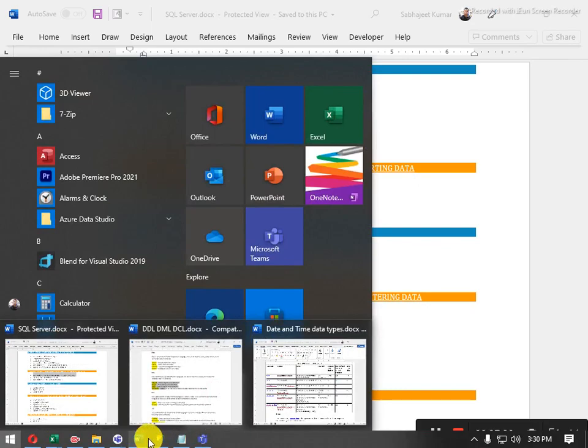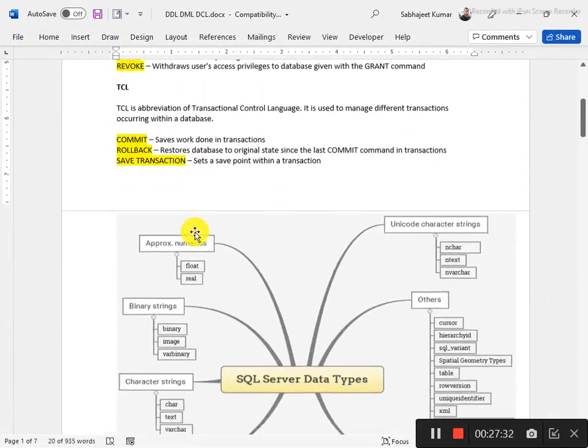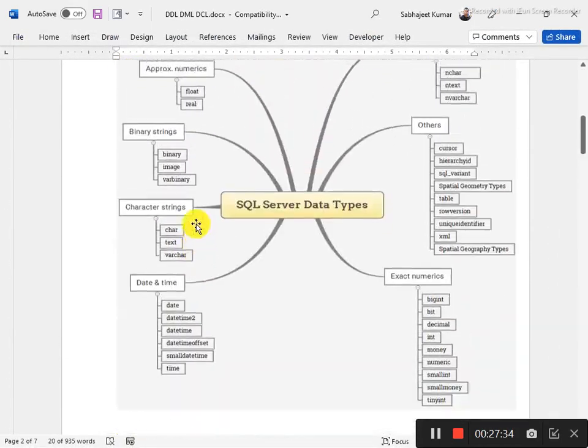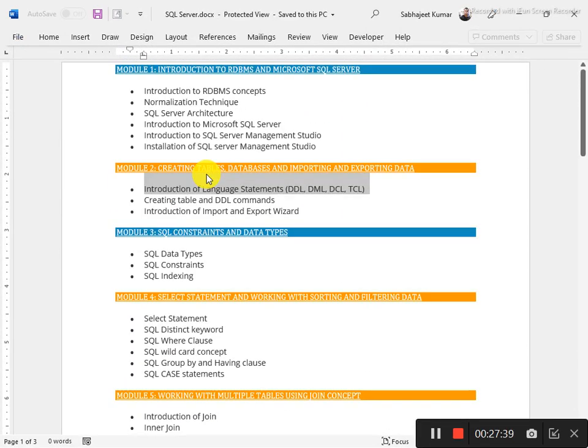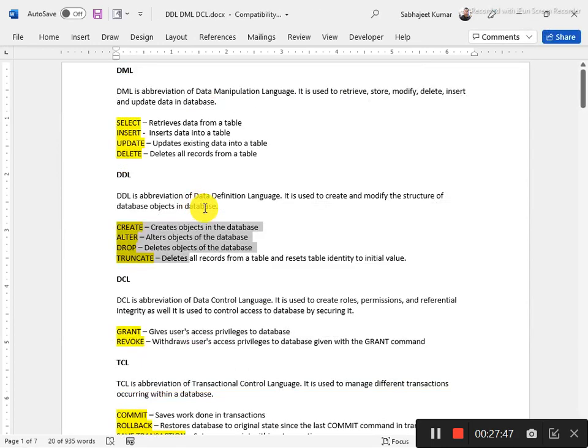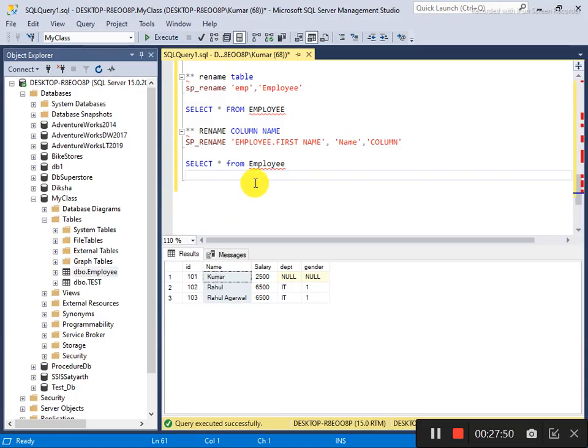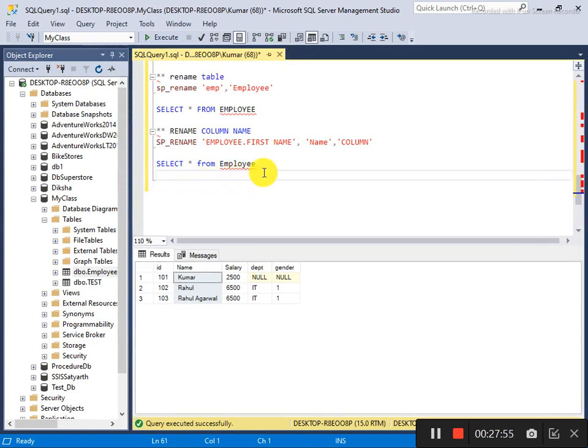And all the things here I have discussed with you. Later I will share the sheet with all the things I am saying. Maybe I am not saying it perfectly, but I will make a Word document file and share how I am applying the commands here. Otherwise, the rest of the commands have been executed successfully. I have tried to explain in the better way. It's all about the DDL commands, like how we modify any table, column, anything, whether it's a data type or a size. Almost all altering related commands have been done here.